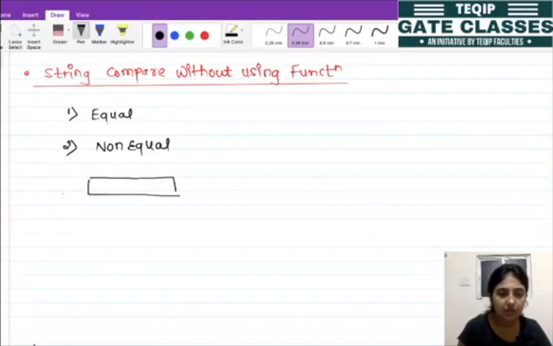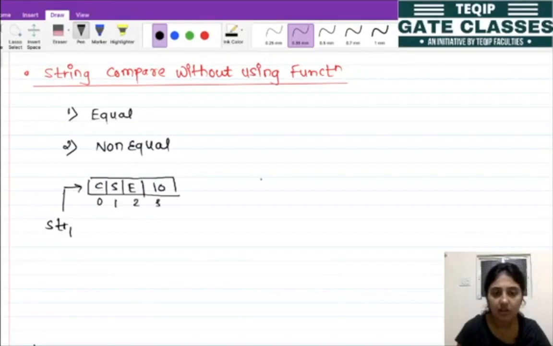Let's say this is our string 1, which is holding the base address of this. So this is our string 1, that is CSE ended with the null character. So these are the indexes. Then let's say this is our second string.